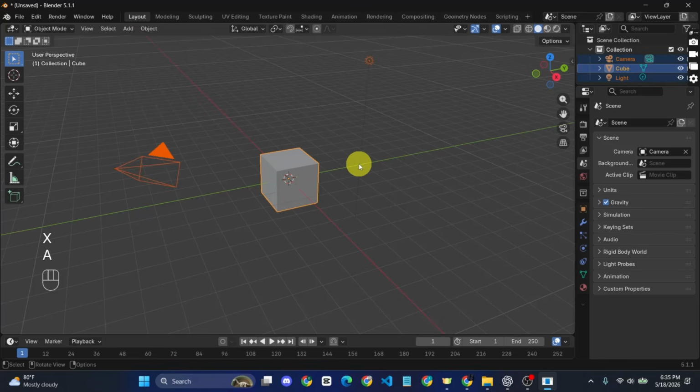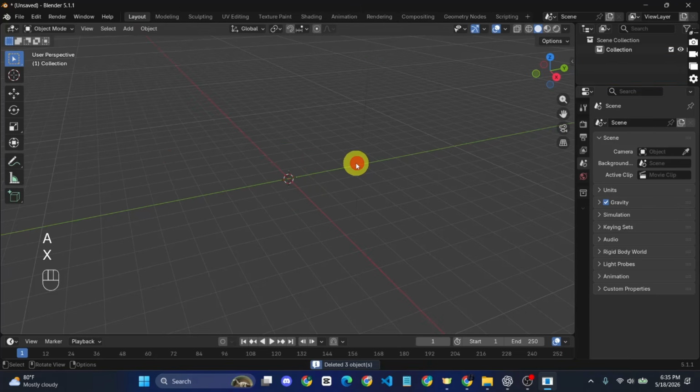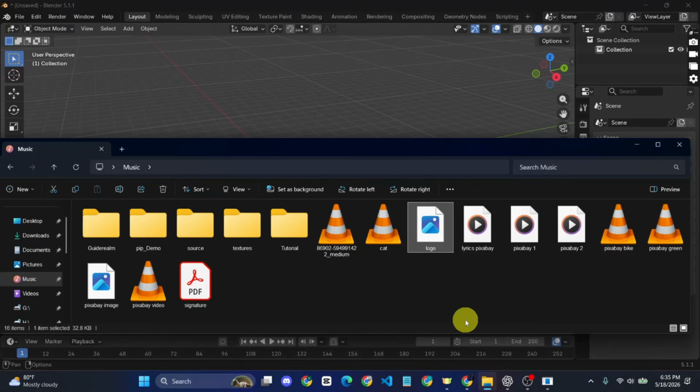So let's go ahead and press A and press X to delete all. And also note that you can see which keys I'm pressing here, so it's easier for you to follow. Now, the next step is to import the image that we want to convert into a 3D mesh. So open your file explorer and just drag and drop your logo or image that you want to